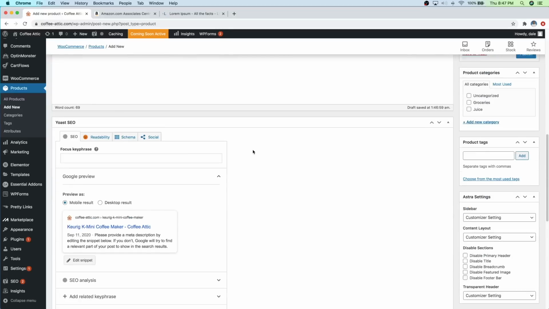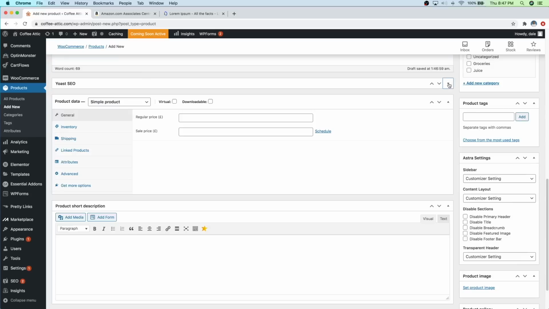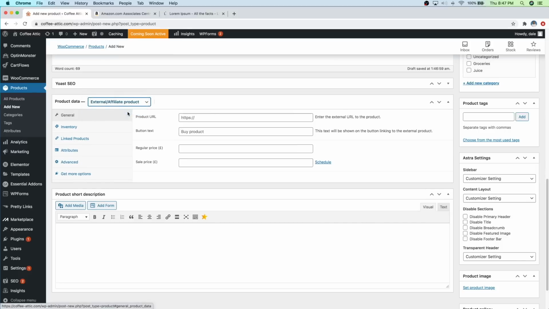And then just scroll down, and we can actually close out of this Yoast SEO box here. So we're just going to hit the little up arrow and close out of that. And now we're down here at product data. So what we're going to do is change simple product over to an external affiliate product. Just like that. And then right here, the product URL is where you're going to want to put in